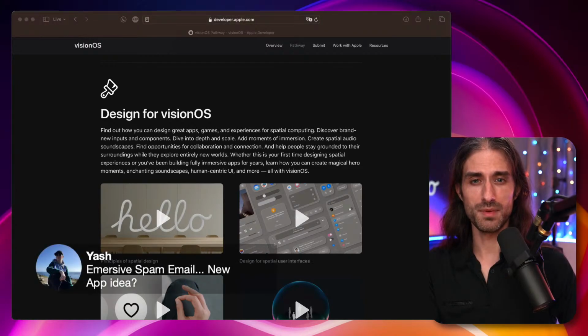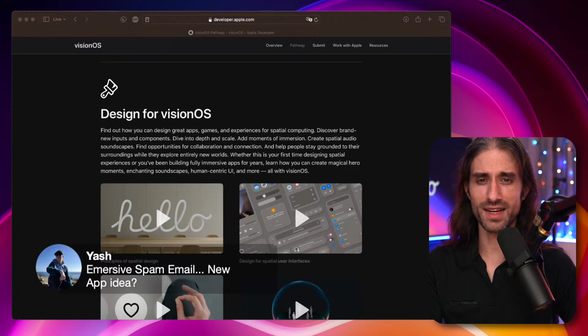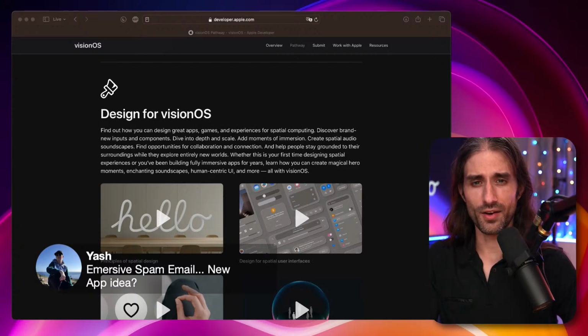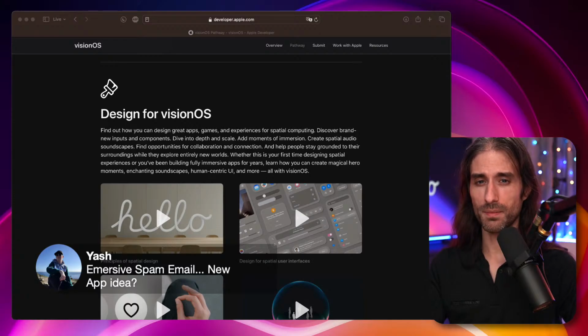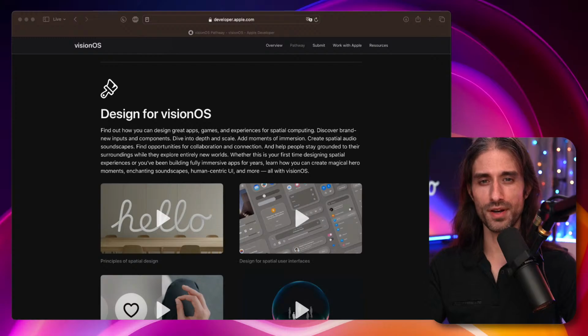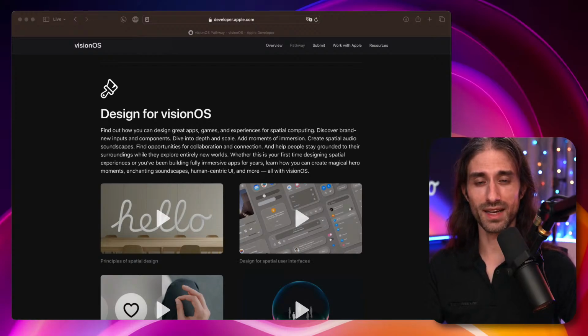Yeah, immersive spam email. I know that there is a guy that has a career in developer relations. I think he started by doing an AR client for Twitter back when the Twitter API was super open and super free. He did that back then, and that's what got him started.